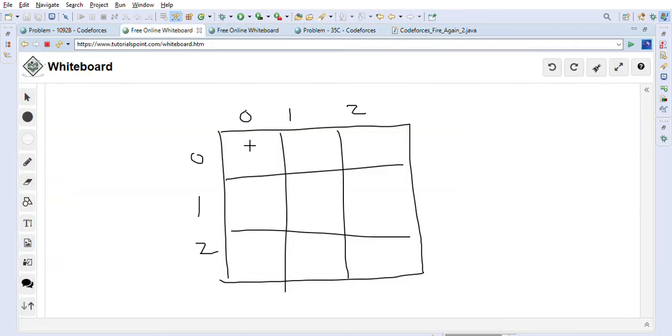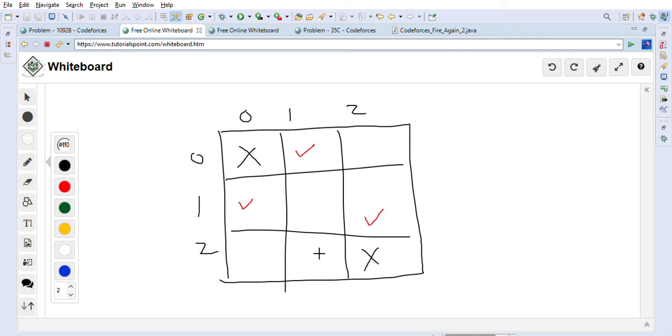So 1 1 means 0 0 basically, right? Because they have given us one based indices. And 3 3 means 2 2 because ours is 0 based indices. So these two start burning simultaneously. Once this starts burning, this one will burn this one and this one in the first minute, and after the first minute, any of these three trees we can output basically, because these three trees will start burning at the same time in the last minute, right? So anything we can output.